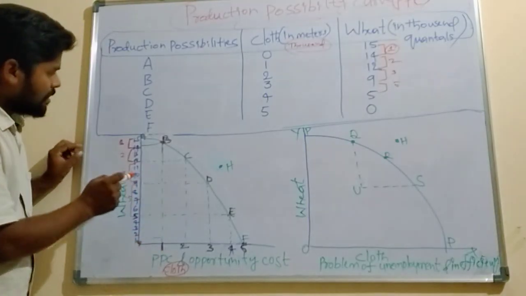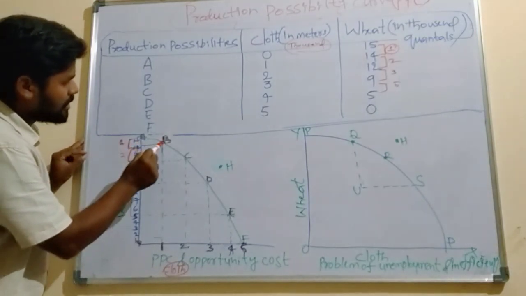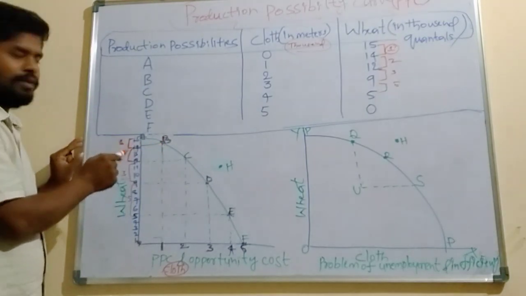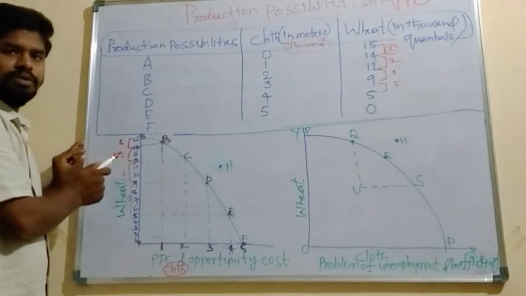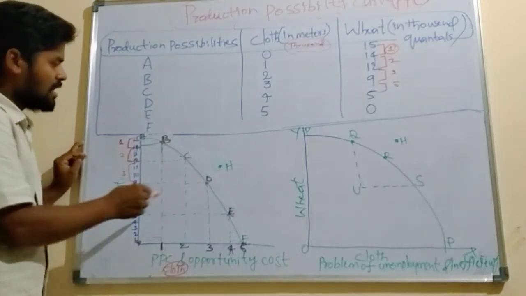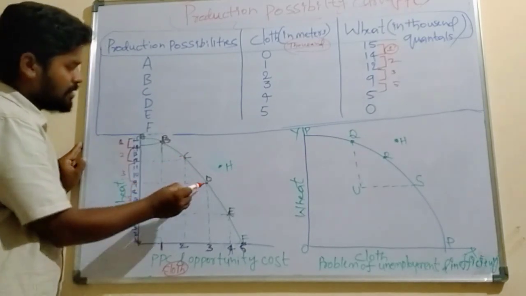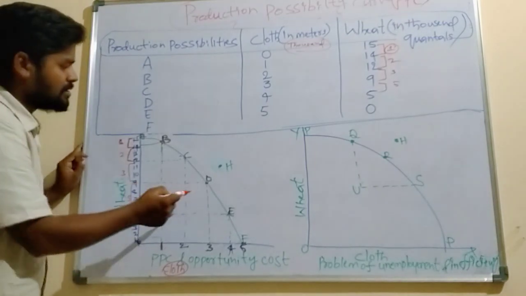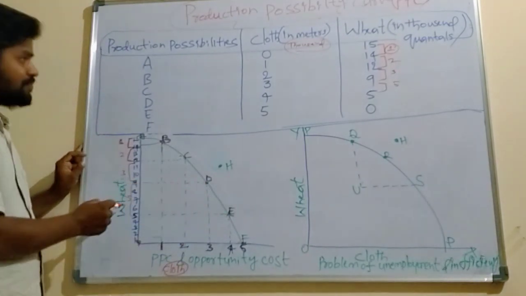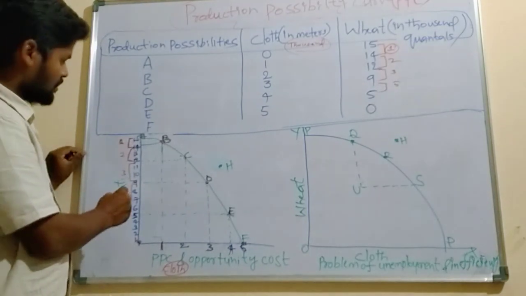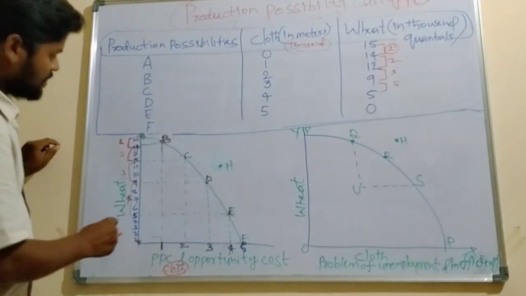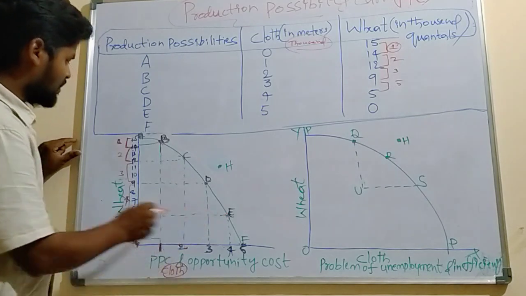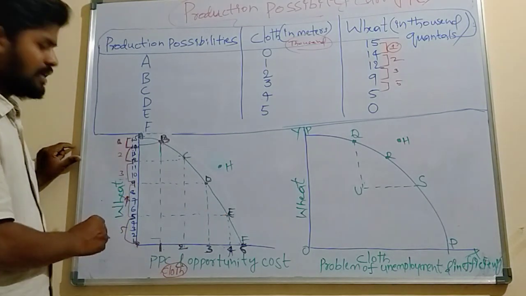Okay, this is what we can observe here. Opportunity cost we can see here. Combination A to B we had left 1,000 units of wheat, and combination B to C we had 2,000 of wheat we had sacrificed for the cloth, and combination C to D we had 3,000 quintals we had forgone, that is our sacrifice, and combination D to E we had a sacrifice of 4 units. At the same time, 5 to 1 here. So see here, combination E, we had sacrificed 4,000 quintals of wheat.